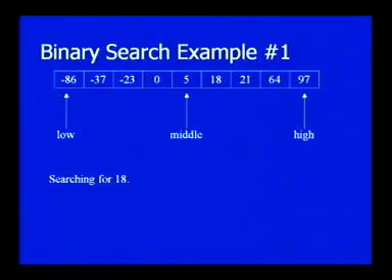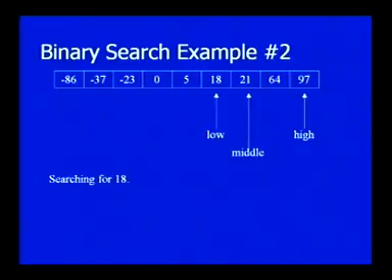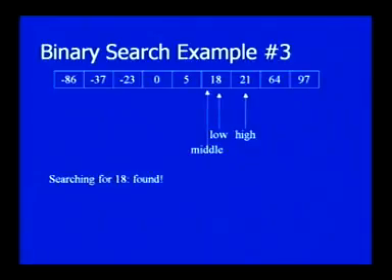So, 18 is greater than 5. That means what you are searching for is in the second half of your array. Now your low points to 18, high remains the same, again you are calculating the middle element. Now middle points to 21, what you are searching for is 18, 18 is less than 21. So, that means you are readjusting your high, now high points to 21, low as well as the middle points